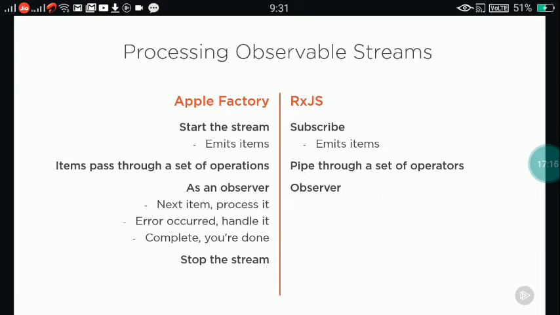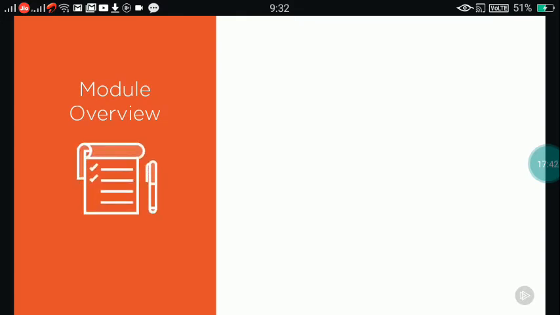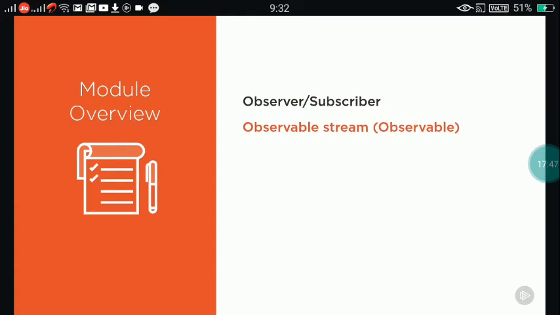In RxJS, an observer is an object with 3 basic methods. A next method specifies the operation to perform when each item is emitted. The error method handles an error condition, and the complete method specifies the action to take when the stream is complete. And you can stop the apples at any time by shutting down the stream. In RxJS, we unsubscribe. This module expands on these concepts and covers observer-subscriber, observable stream, also known as just observable,